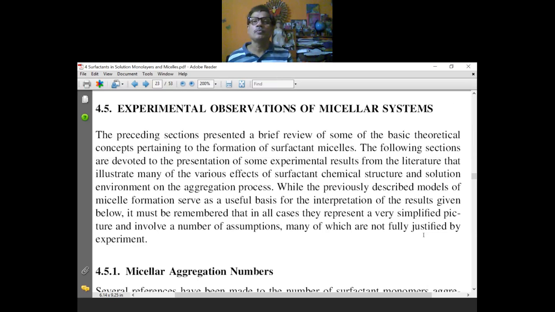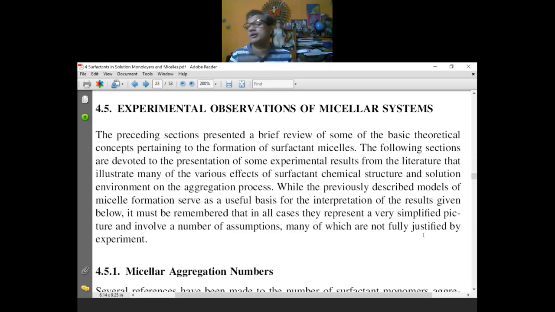To characterize a micelle, what are the parameters that you need to know? The volume of the core. The volume of the core can theoretically be calculated. You need to determine the aggregation number. The aggregation number of a micelle can experimentally be determined. And you need to know the cross-sectional area.